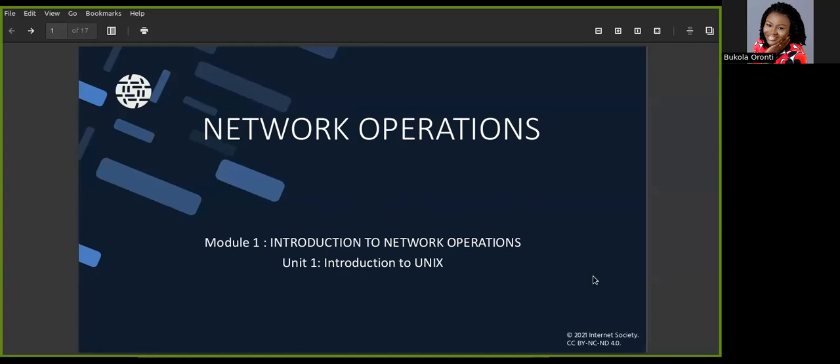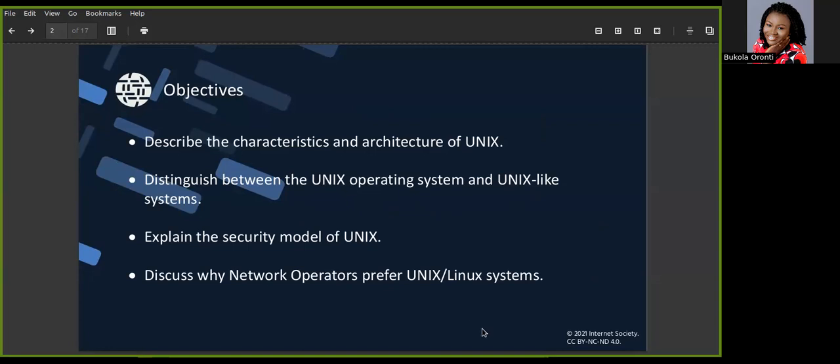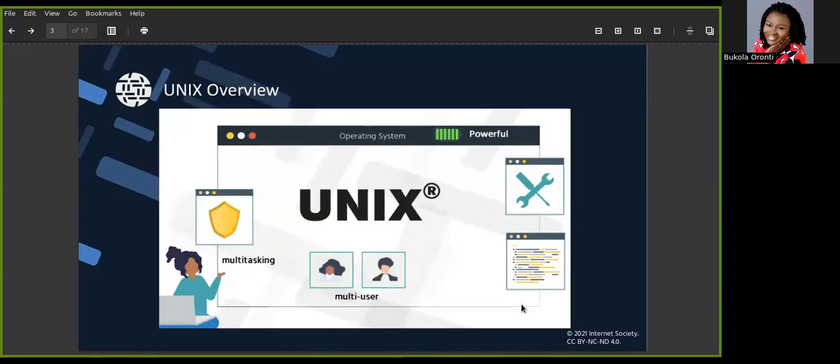Now let me see if I can hide this. Okay, so I guess we might have to manage it if I can't hide this. Okay, I've gone past this slide.